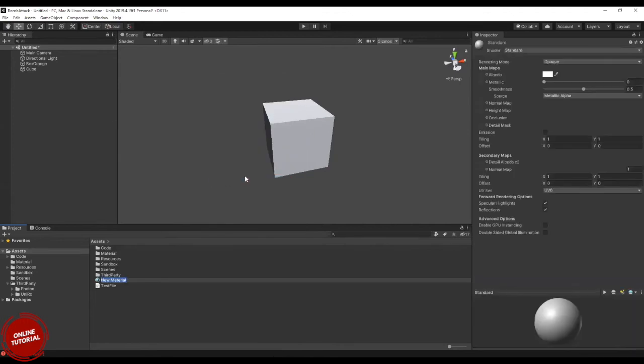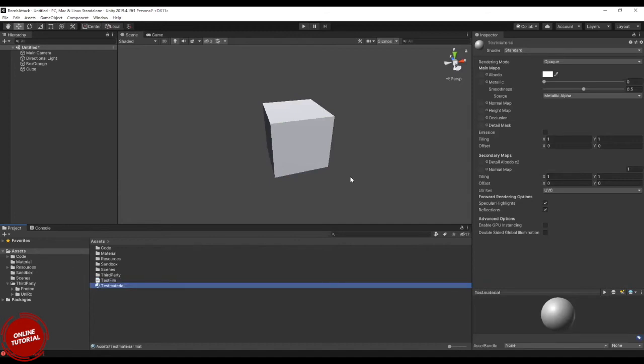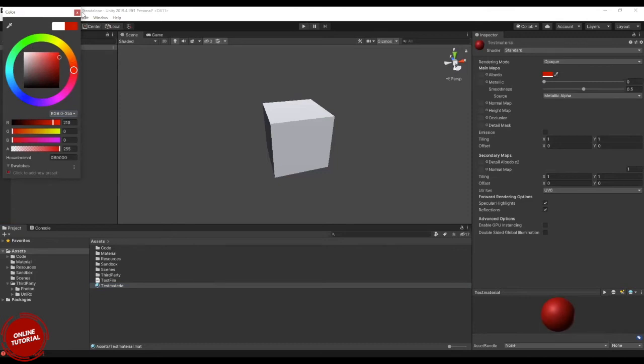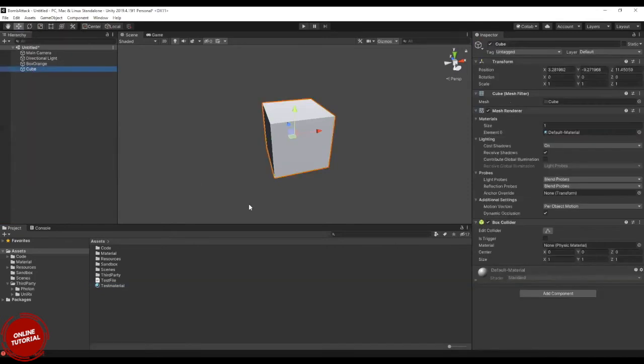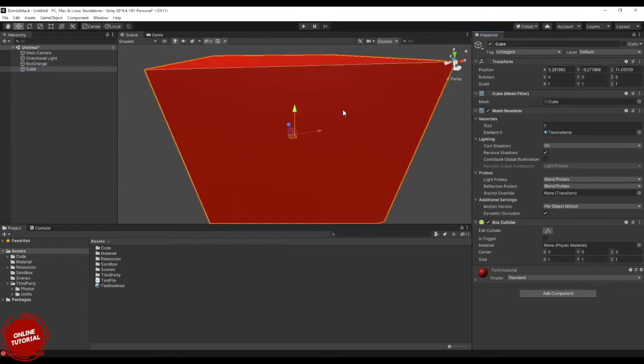I will call it test material. I will explain the whole create stuff later, and I will just paint it a red color. Now if I drag this material on top of the default material, now it's red.